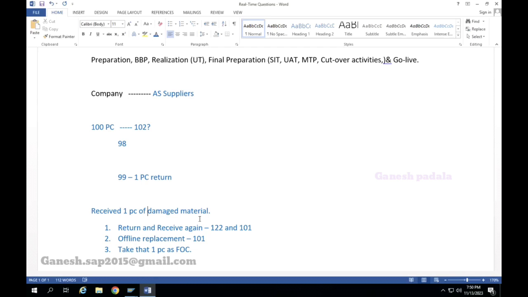No, not on MNC. An MNC will do small projects and also big projects. If you go to a stationery shop, you will see an 800 rupees Parker pen and at the same time a 10 rupees cello pen. They do all kinds of projects, right? They do project rollouts. But in case of a new implementation, based on the size, three consultants may be there, or one consultant only can handle it.